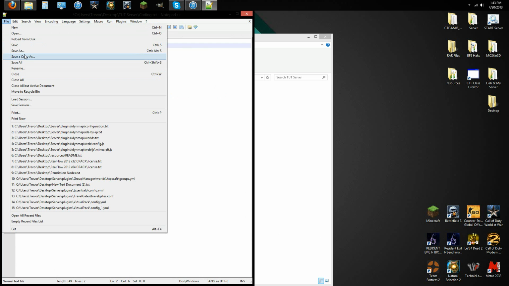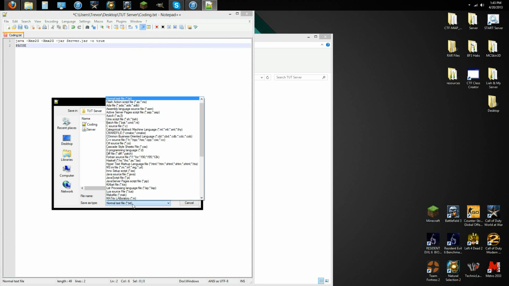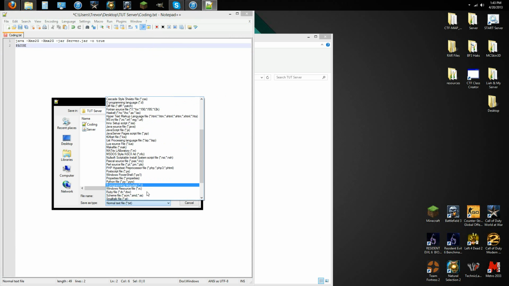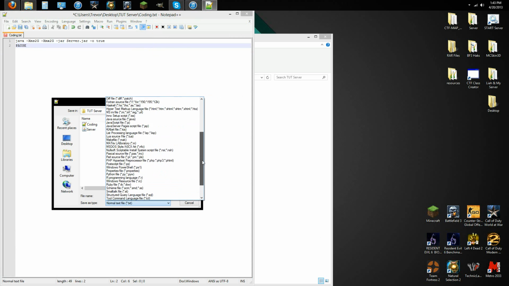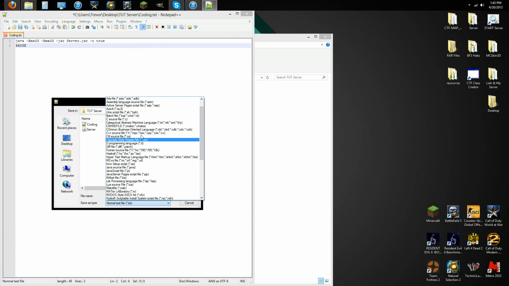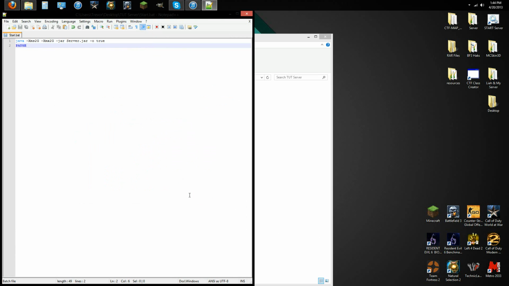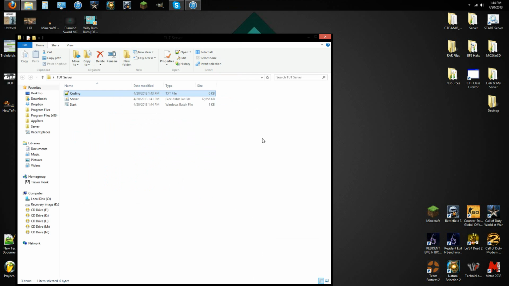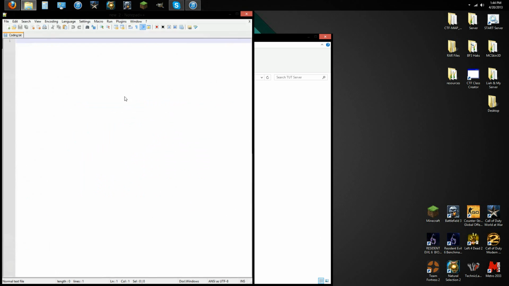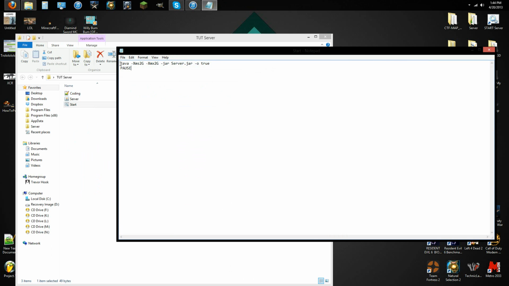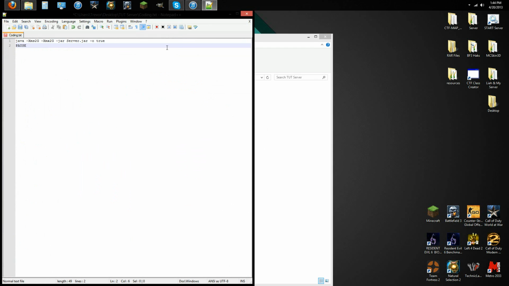File, save as. You want it to be a .bat file. I'm trying to save as a batch file. There we go. And you're just going to rename it to start.bat. So there you go. Now we have a .bat file. A little bit to go over real quick. Edit, Control C. For this coding,